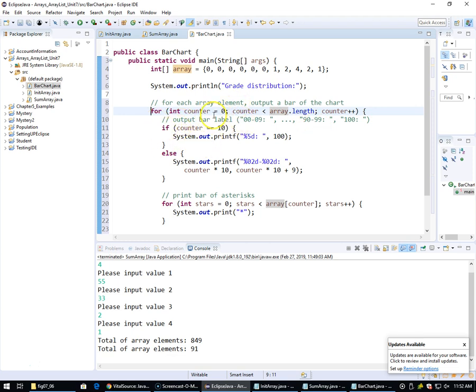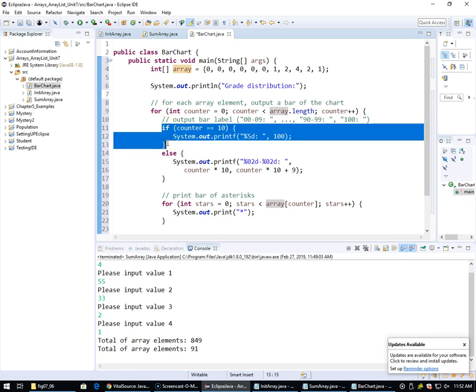It then says if counter equals 10, System.out.printf %5d, comma 100. So this is basically the spacing that they are doing. Okay, so 5 decimals, so a bigger space, and then comma 100. So if the counter equals 10, that's when it is going to be printing this 100. However, if the counter is not equal to 10, then it's going to come to this else condition over here, not a loop, but else condition over here, and it is then saying